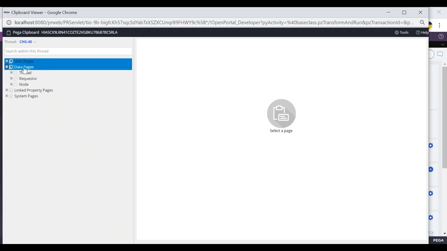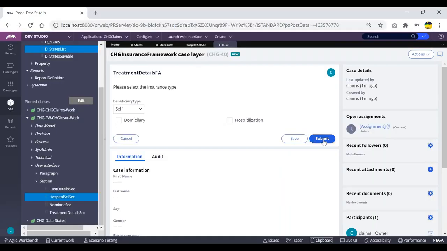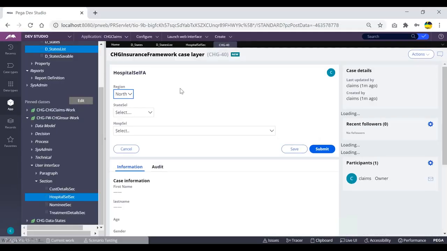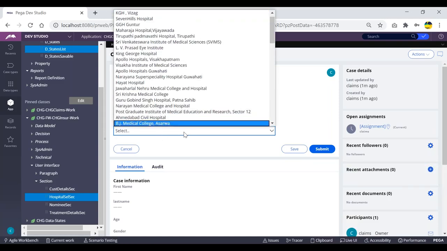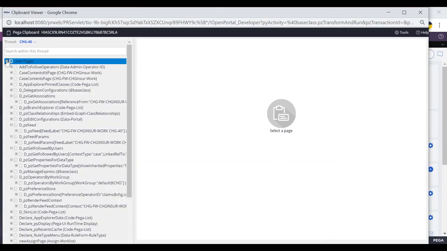As I told you, data pages will be under the data pages category. Expand this, there will not be any data page like hospital list. Now click on submit. Now we can see all the list coming here. Since we are getting the list, it has to be stored in the clipboard. So I think the source has already been executed. It has hit the database and pulled the data. Now if we click on clipboard again,